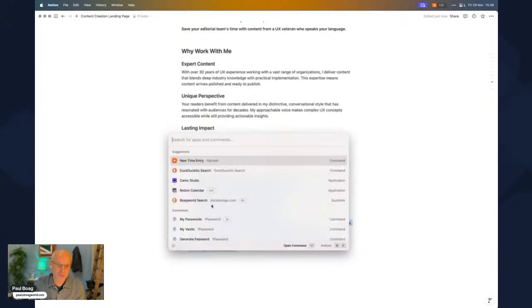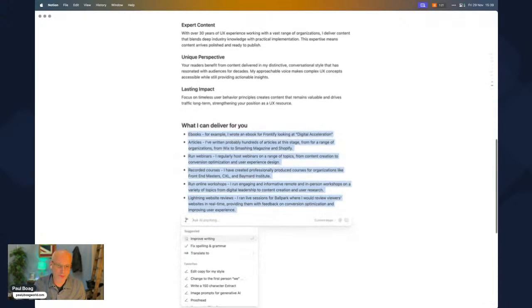Right, so for each of the selected bullet points, we want to write a short headline of no more than 2 to 3 words and a 150 character or less description. Use the following style guide to inform how you write the content.